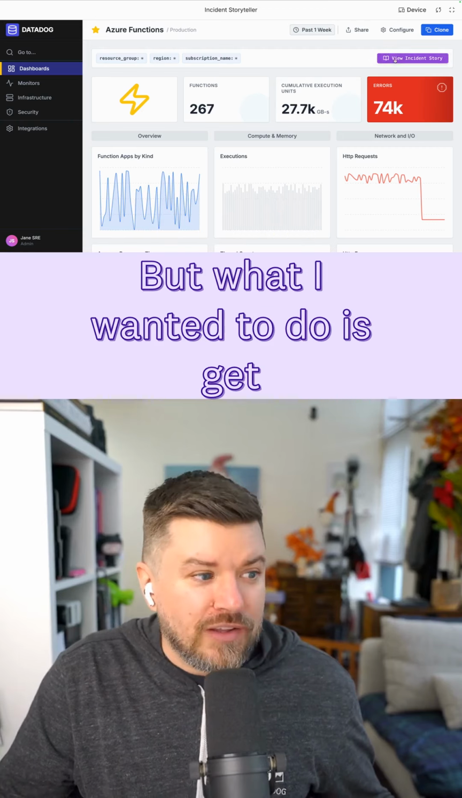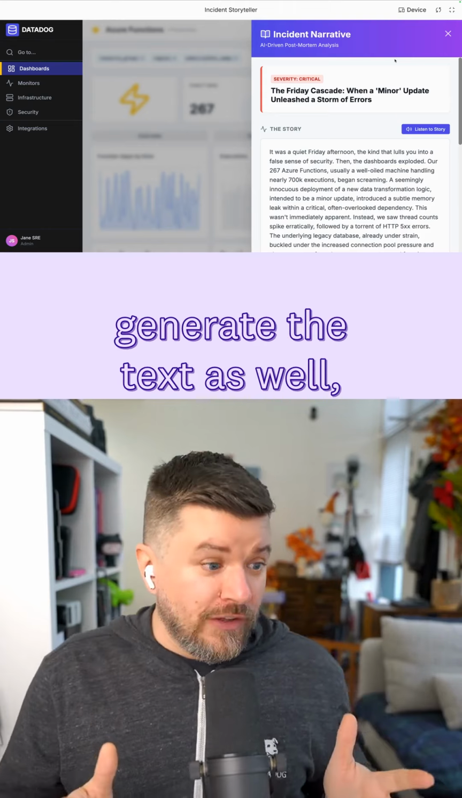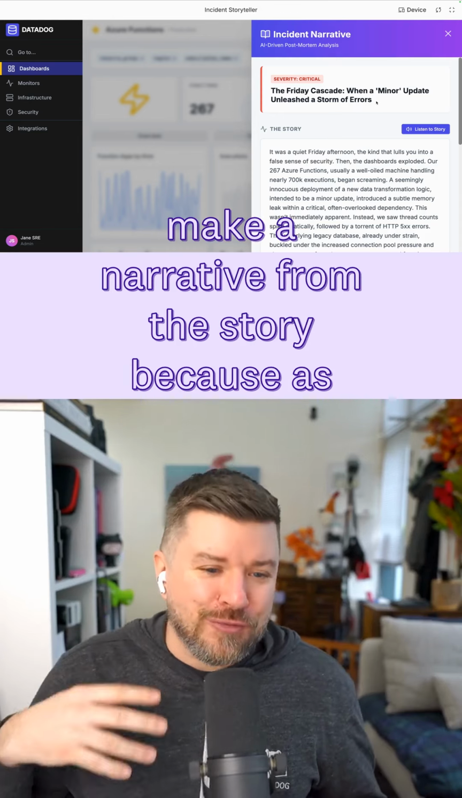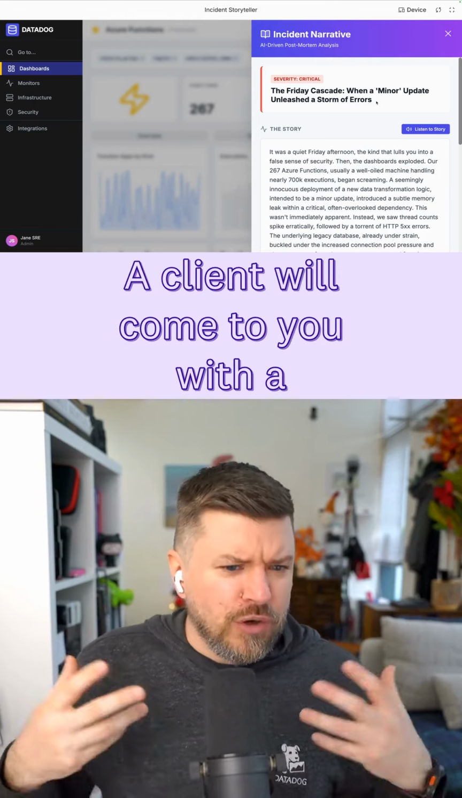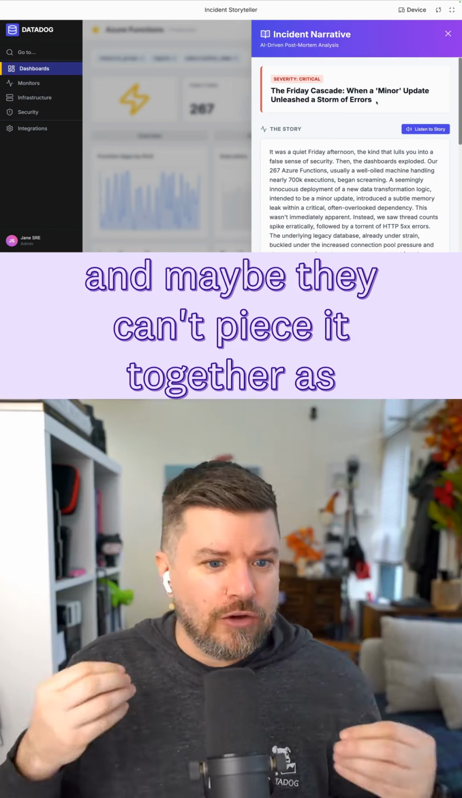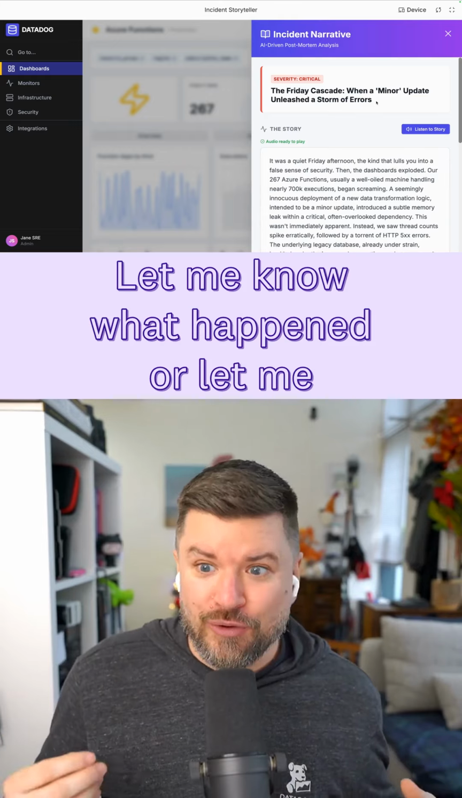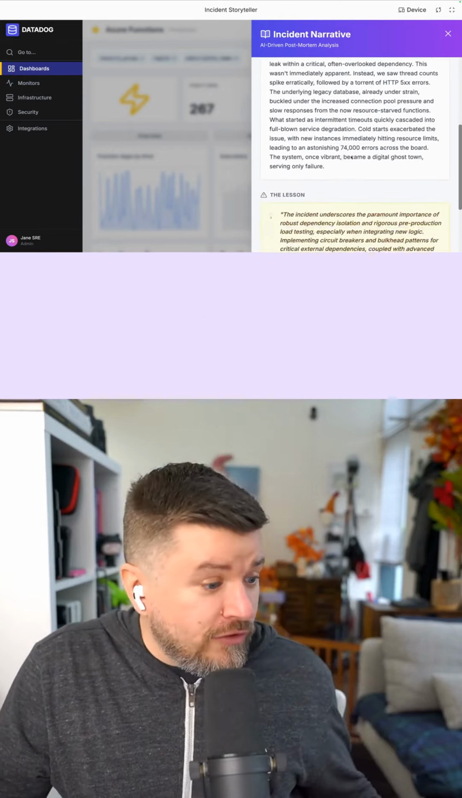But what I wanted to do was get that incident story. So this is one of the ones where I told it when it generates the page, generate the text as well, but also generate the audio. And I said, make a narrative from the story, because as you and I well know, this is something that we deal with often. A client will come to you with a story about some things that have happened, and maybe they can't piece it together as a timeline. Like, let me know what happened, or let me know the beats that are important. And that's pretty cool. So this gives me like a